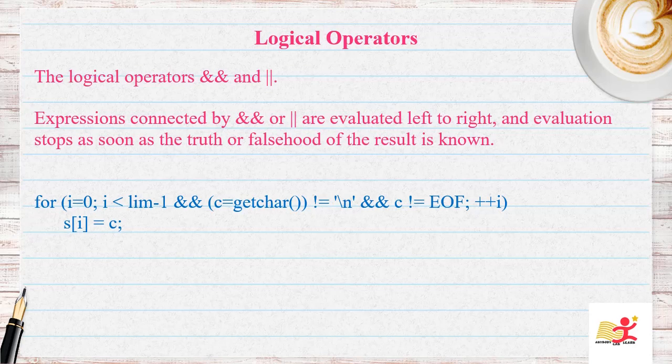That is the peculiarity of the AND operation. But for the OR operation, either one of the conditions can be true. If the first condition itself is true, then the entire value of that expression is true. Suppose for an OR operation the first condition check is false. Then it goes to the second condition and evaluates it. If the second is true, then the value of the expression will also be true.